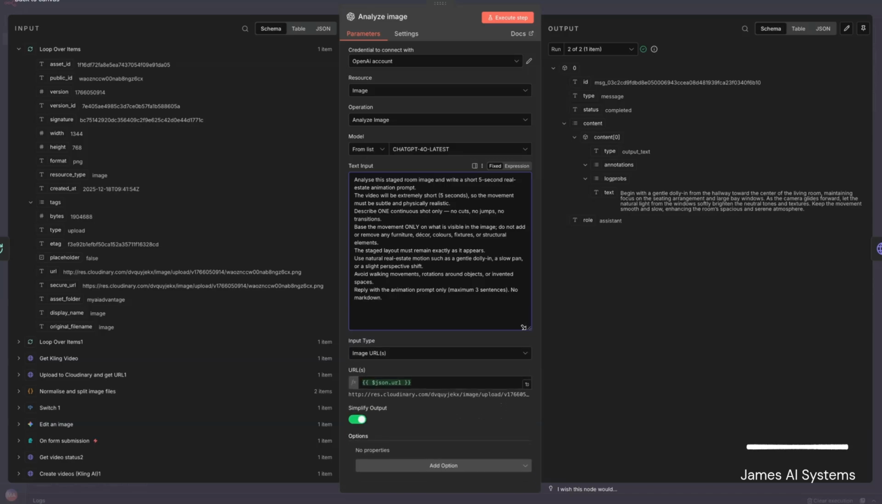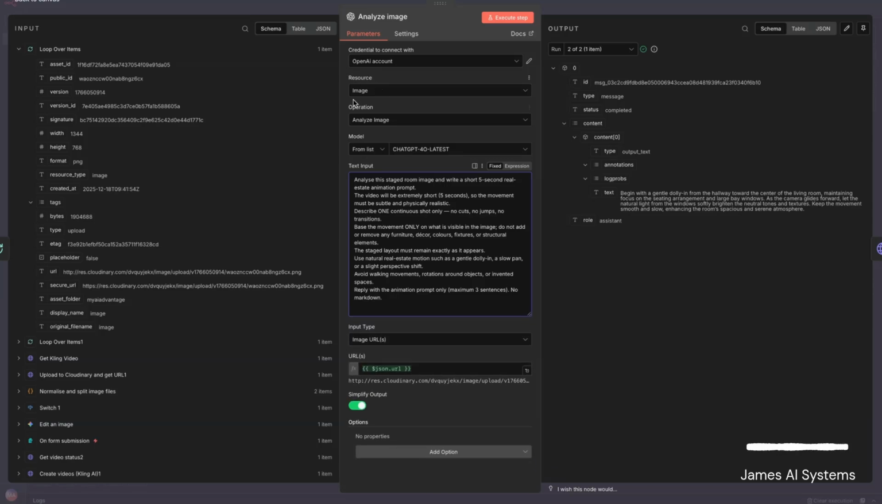Let's open this up. We can see a bit more what's happening here. The resource will be set as image, and then analyze the image. We're using ChatGPT 4.0 latest. What we're asking it to do is to analyze the stage room image and then write a short 5-second real estate animation prompt. The video will be extremely short. It's only 5 seconds long, so the movement must be subtle and physically realistic. And then you can read through this, and you could play around with this prompt as well, test a few different things. Essentially, what we're doing here is writing a prompt that is going to tell the next request